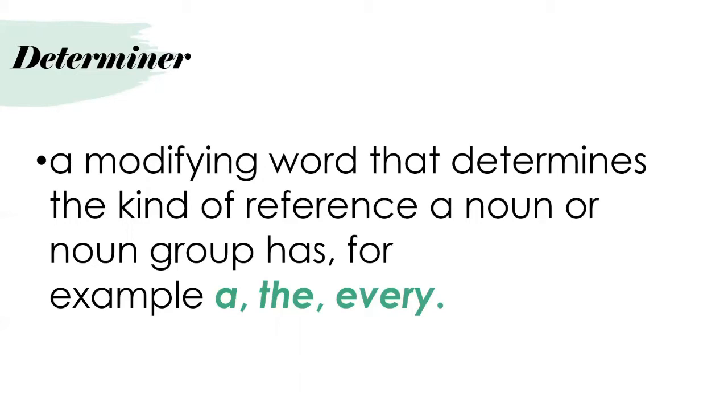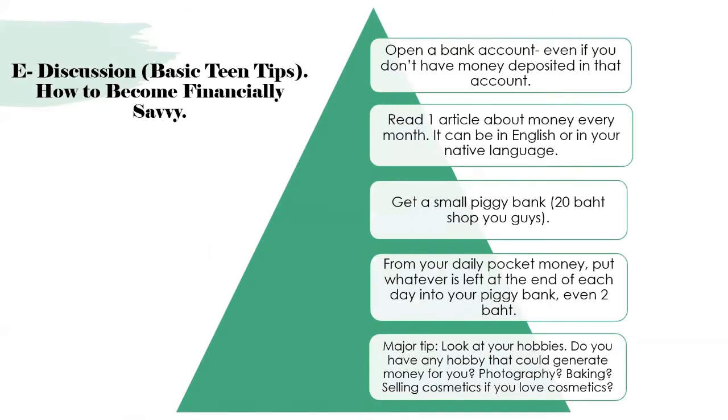You use a determiner to see if the noun is countable or uncountable, okay? That's basically what this is trying to say. You use a determiner to identify if a noun is countable or uncountable. You guys know what a countable noun and an uncountable noun is, right? You guys remember that from M1. Okay, so